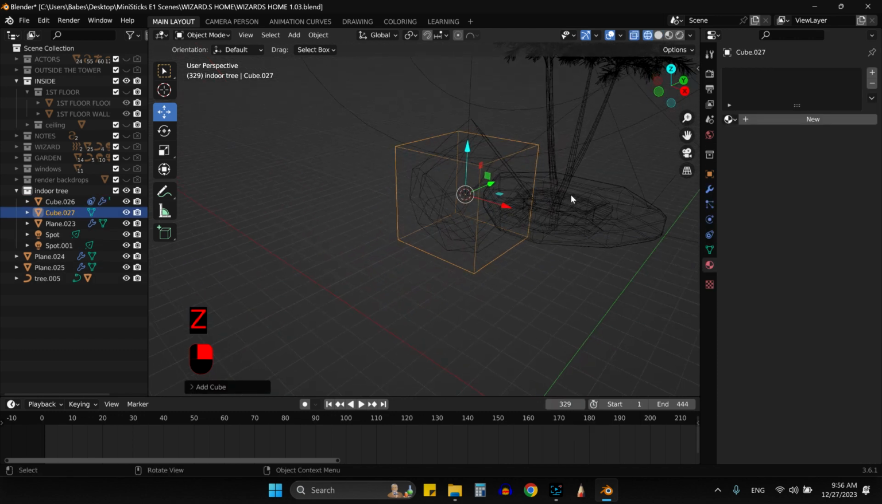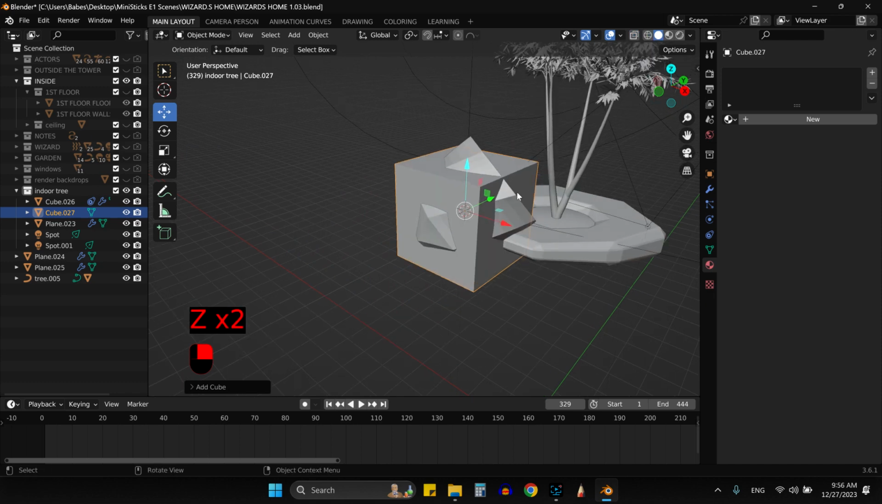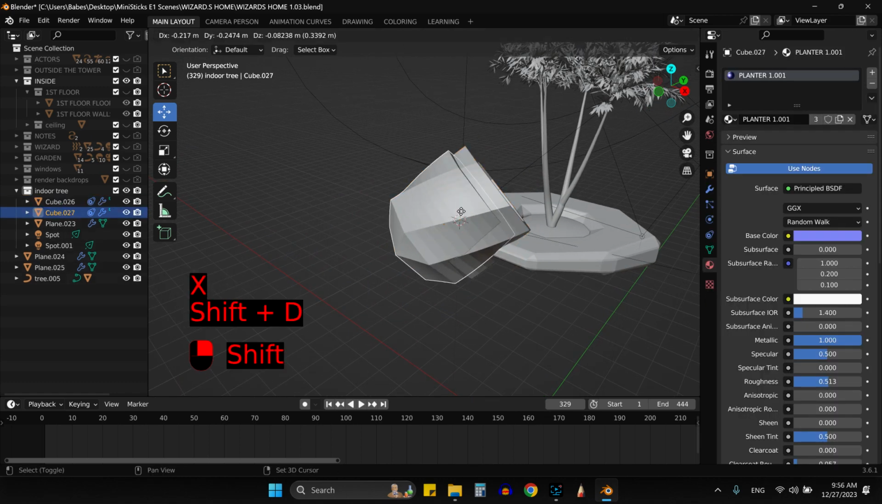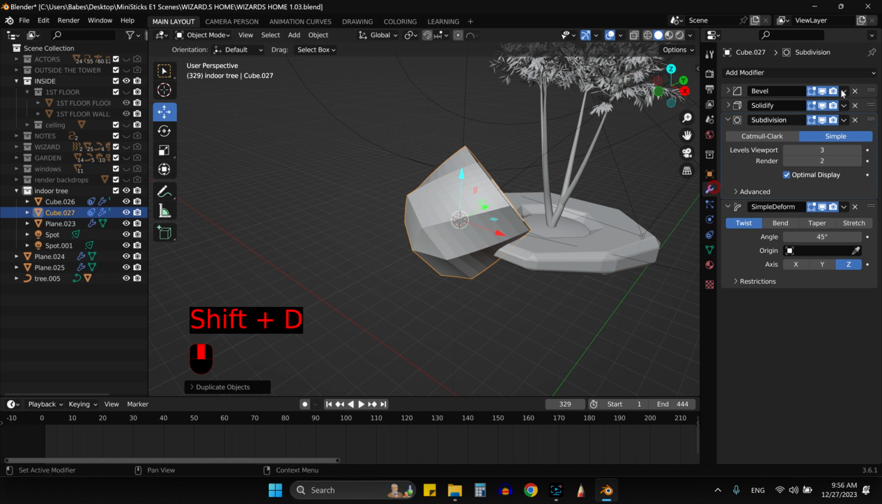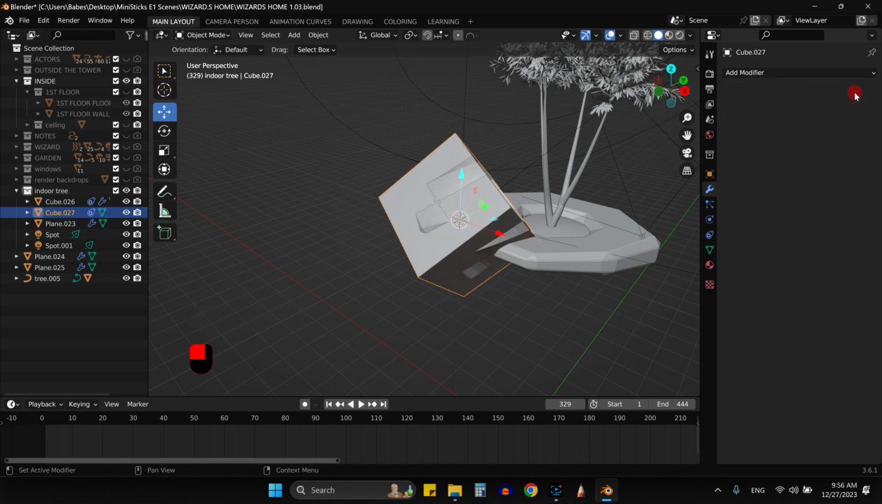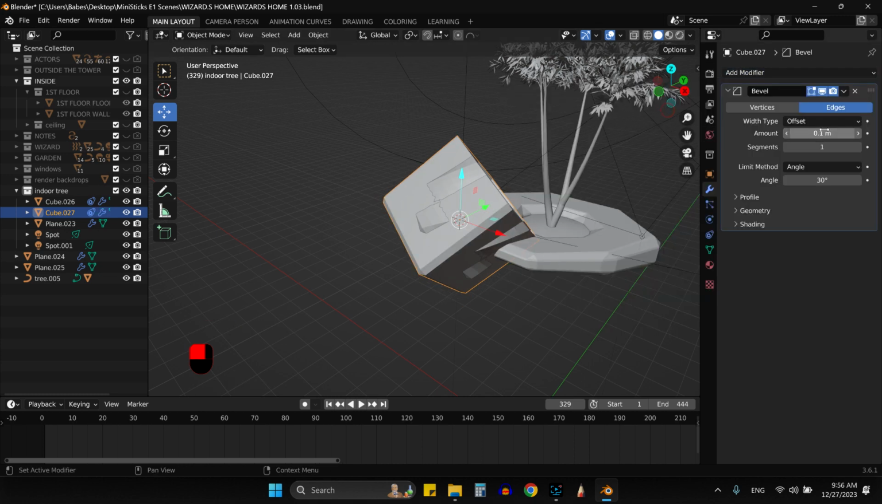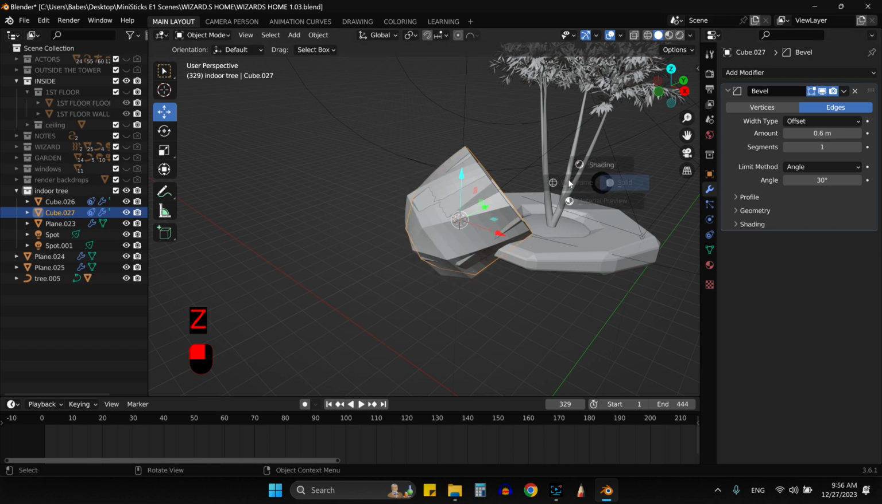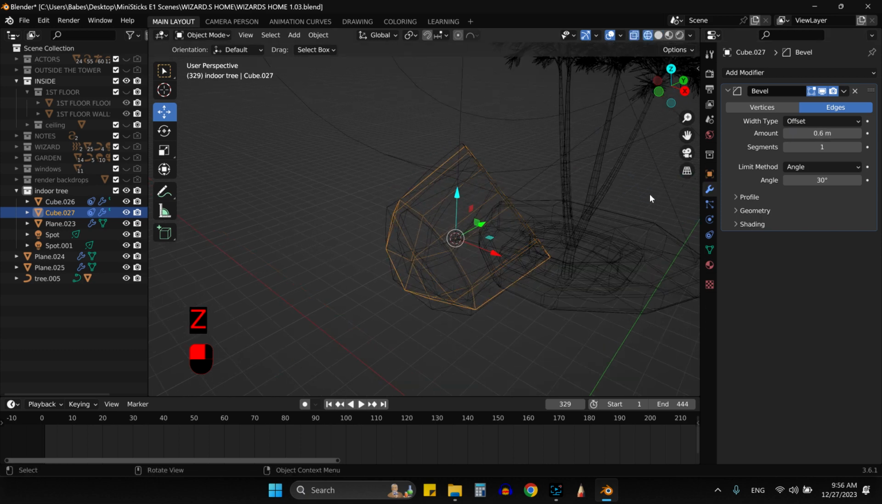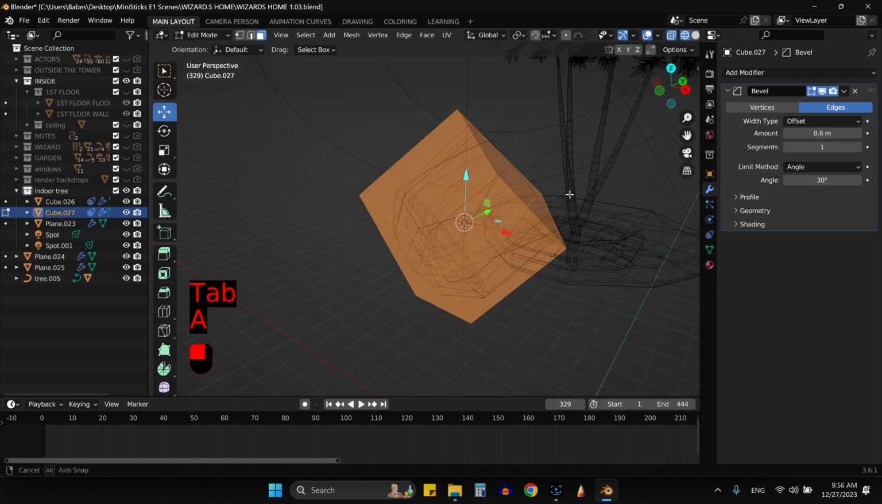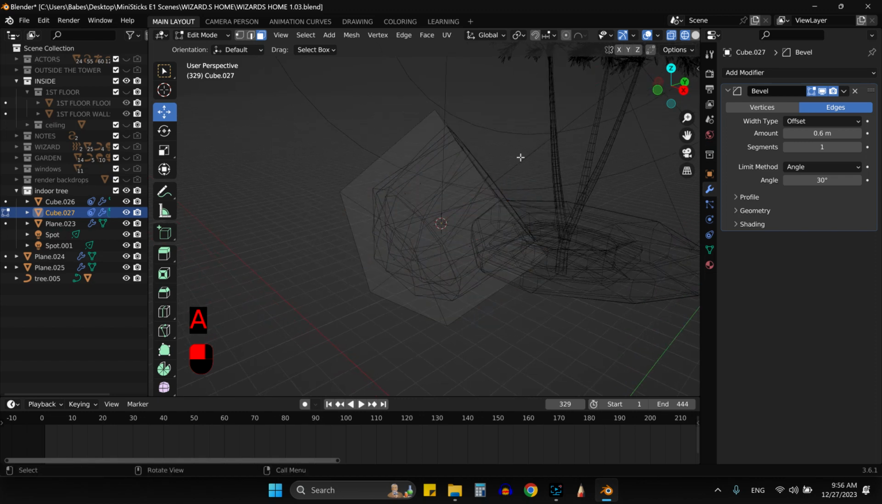Add a cube. You know what? We just take this, duplicate it, delete everything here, and then add your bevel to 0.6. And then, since we deleted this,